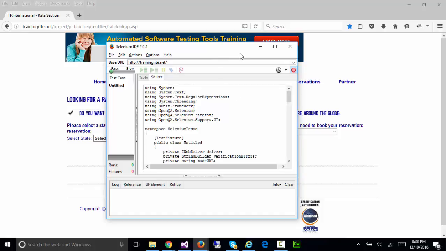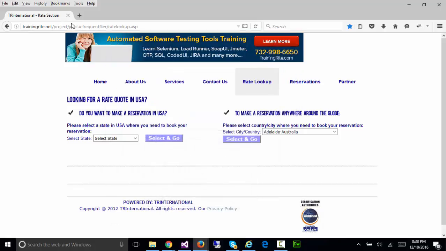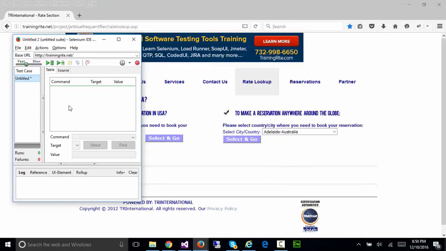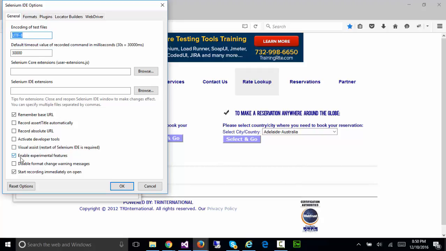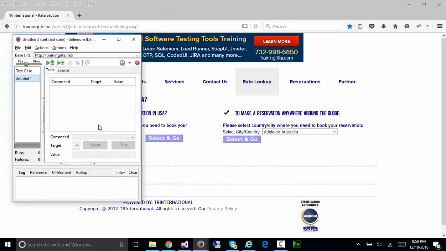So let's start the testing on our application. We want to capture the code generated by Selenium IDE also. For that purpose, make sure that you enable that feature. Click on the option menu, then option selection, and then make sure that enable experimental feature is selected, with a check mark there. Press OK, and once you start Selenium IDE,